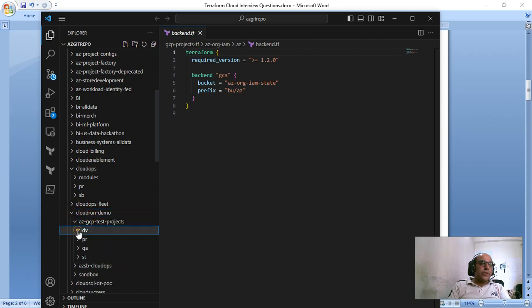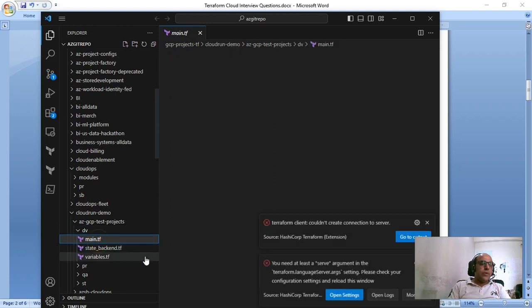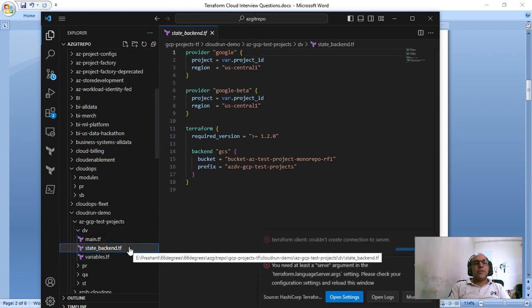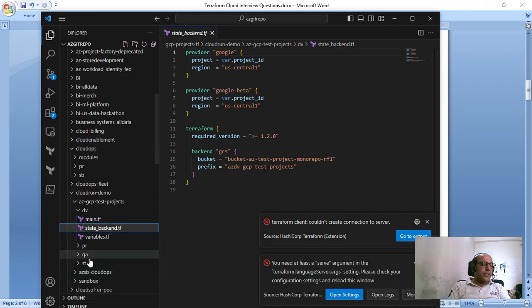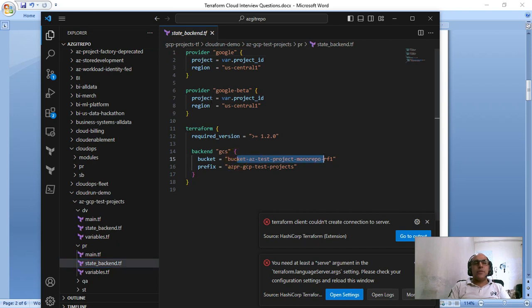Test project, dev environment, main, and this is the state file. So it says that this kind of status is going on, right? You can find that state file, and it shows that this resource has been created, right? That is the advantage.